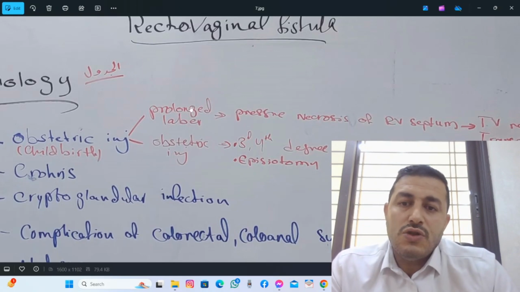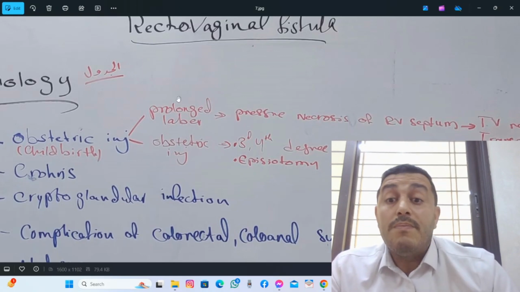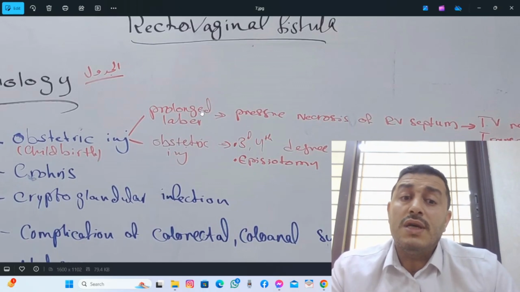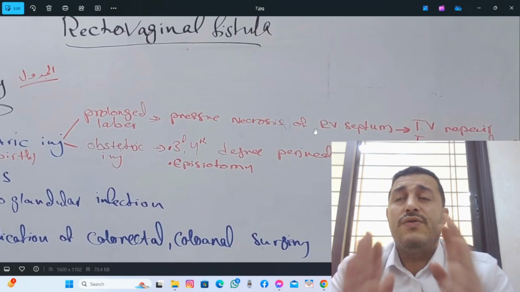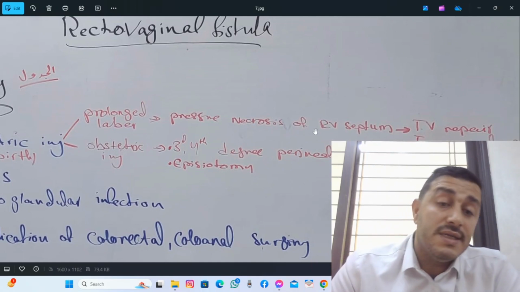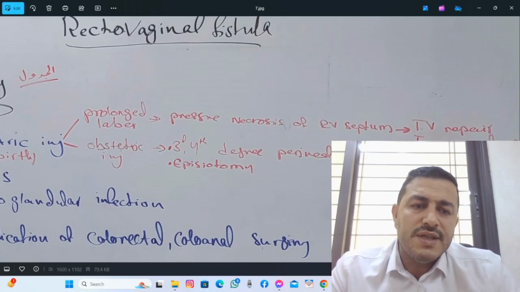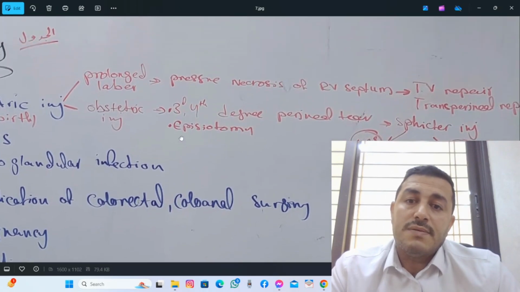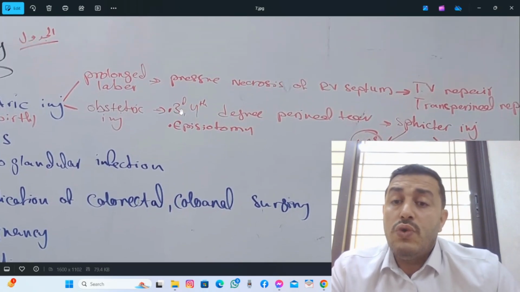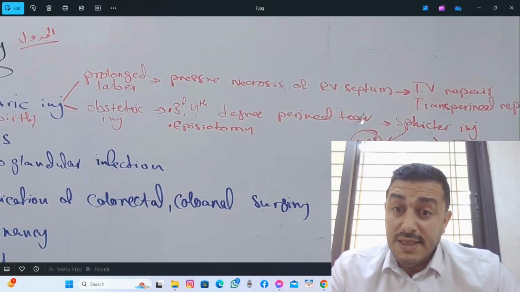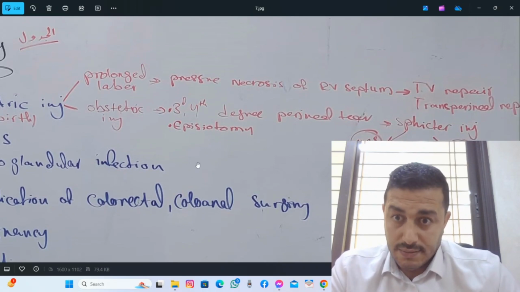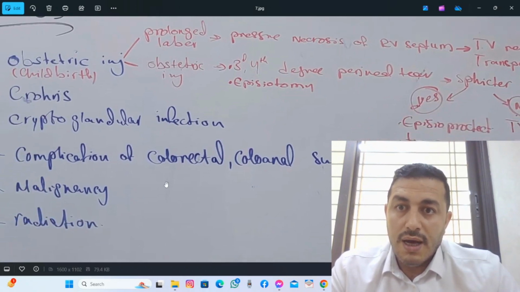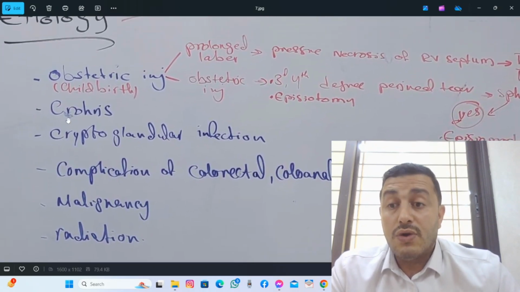a fistula. Actually, this may be due either to prolonged labor or obstetrical injury. If prolonged labor, we are talking about pressure necrosis of the septum between the vagina and the rectum. We have different approaches, we will not discuss them here. Now, obstetrical injuries are usually due to a third or fourth degree perineal tear or an episiotomy that is done intentionally during birth. Crohn's disease,